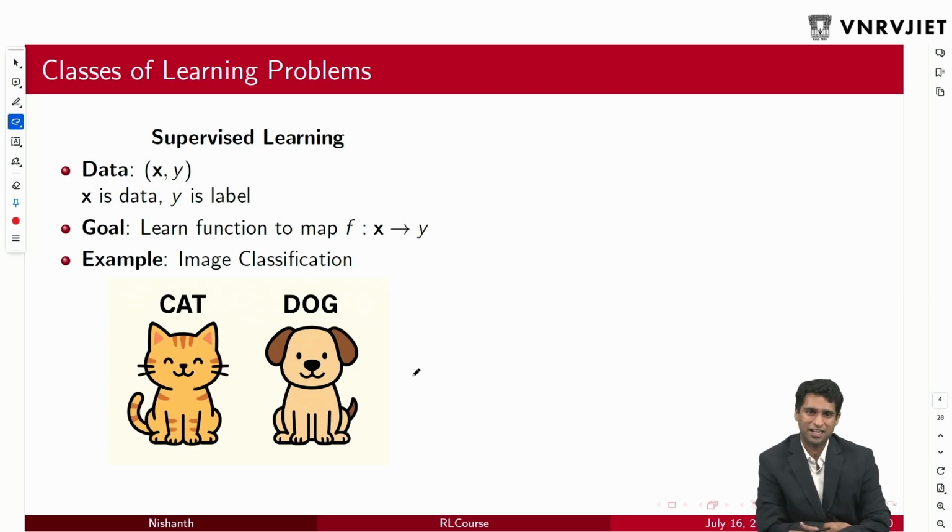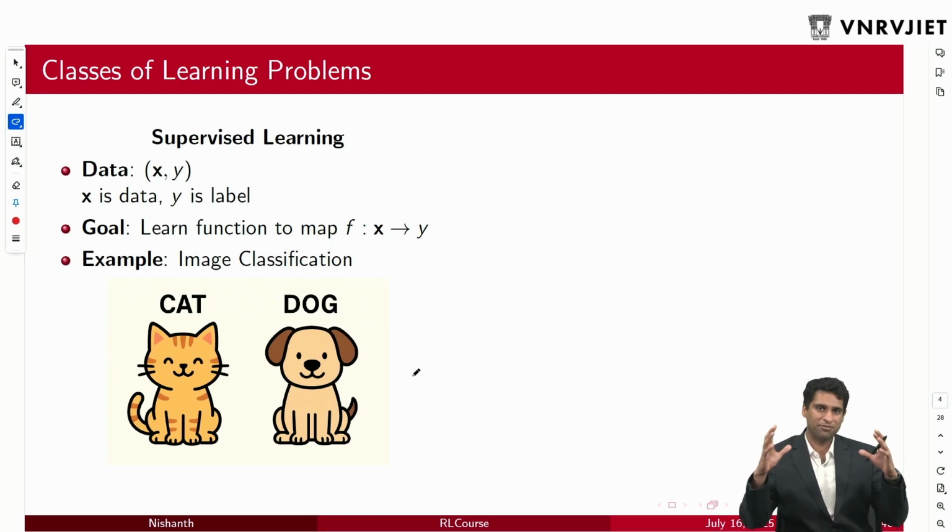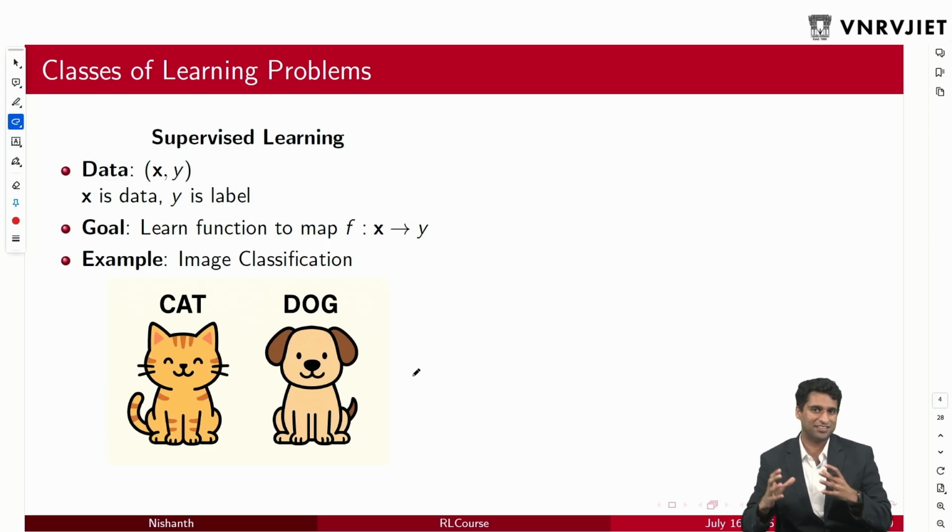So before we get into what is reinforcement learning, it's better to get a bird's eye view of how reinforcement learning fits into the whole domain of machine learning. So for that, we can divide any algorithm in machine learning into certain classes of learning problems. So one such class is supervised learning. I think all of you might have seen supervised learning examples around, and it's the most common type of algorithm that we use. So in supervised learning, the data is